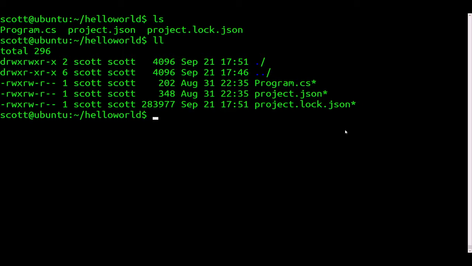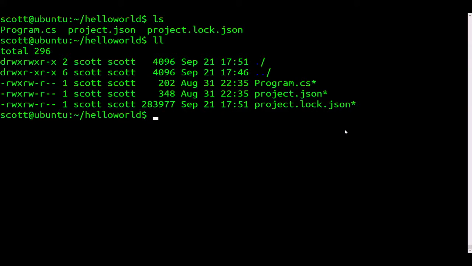You always have to update with .NET Restore if you change packages. We'll see that a little bit later when we make a web app. And if things are acting weird, you can certainly delete it and generate it again. Okay. All right, so we did .NET New,